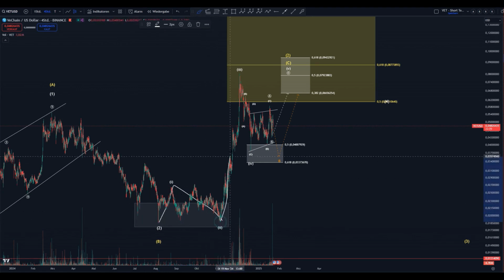Then we move into a wave 3, correcting now into a wave 4, where wave 4 should end here at the 0.5 Fibonacci. It can of course also go down a bit, as long as it isn't sustainable, and then we would have to go back up into the wave. And you can see that for yourselves. The target for the start of wave 5 would be at 6.5 cents. But usually it is between the 0.5 and 0.6 Fibonacci, that means between 8 and about 9.5 cents.